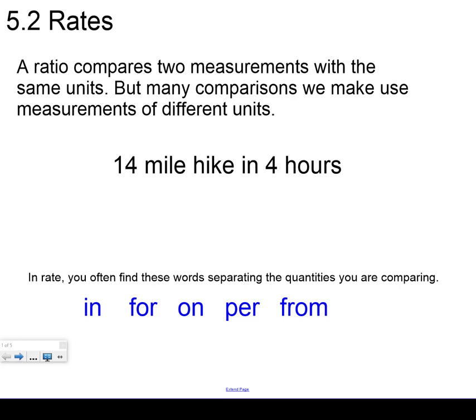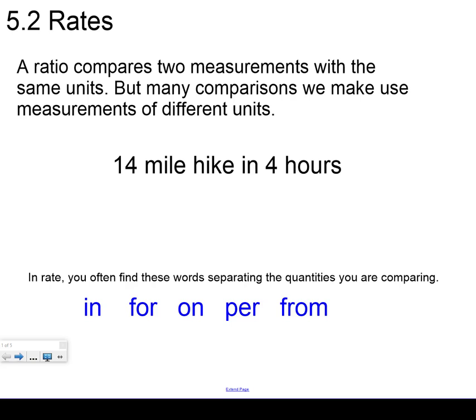All right, we're talking about section 5.2, which are rates. A ratio from 5.1 compares two measurements with the same unit. But a lot of things that we compare make us use measurements that have different units. So for example, this one I gave you is a 14-mile hike in 4 hours. It's 14 miles to 4 hours. So the comparison is between miles and hours, but those don't cancel. And so we are now into a different type of comparison called rates rather than the ratios that we first